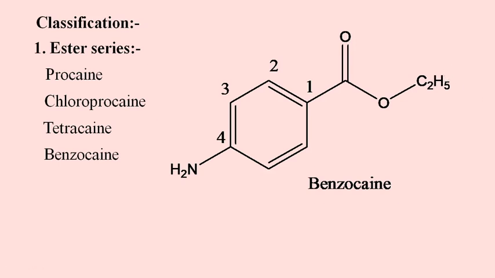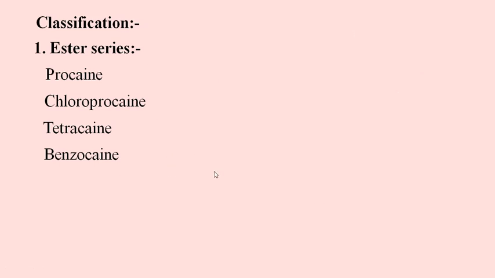It is incorporated into a large number of topical preparations. Benzocaine can cause methemoglobinemia, one side effect of it. Consequently, dosing recommendations must be followed carefully. And we have studied in our introduction section also about benzocaine that it does not have a basic aliphatic amino group. This is an aromatic amino group, and unlike others, I want to show you the structure of tetracaine.